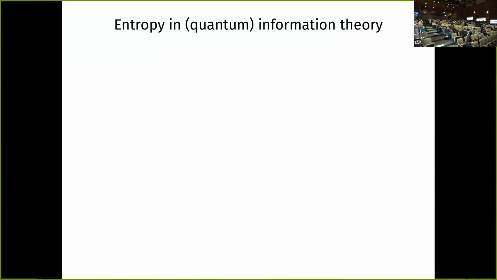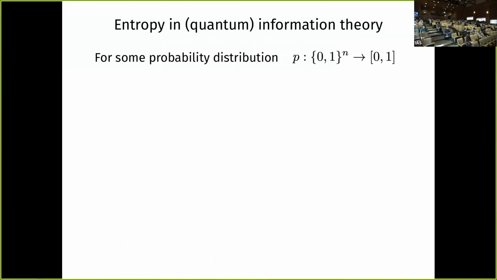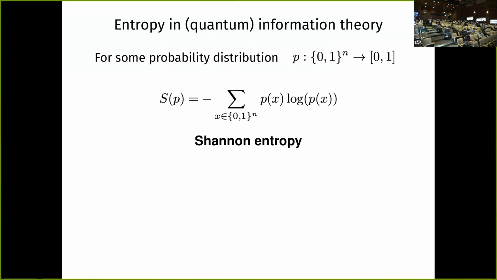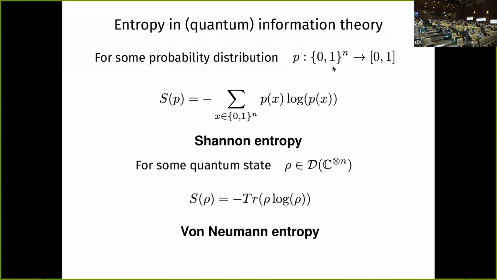Just to start with something a bit pedagogical, I know everyone is familiar with what entropy is, but just to set the convention that I'll be using in the rest of this talk, whenever I refer to classical entropy, I'm referring to the Shannon entropy, and it's always, except for one slide, going to be for a distribution on n bit strings, and in the quantum case, analogously, the von Neumann entropy on n qubits. Importantly, the entropy, whether it's classical or quantum, is always going to be between 0 and n.